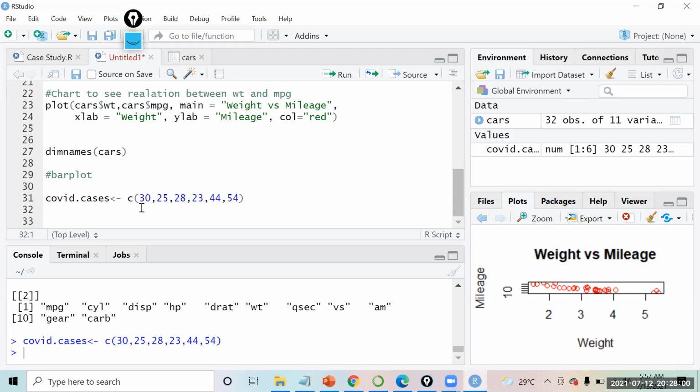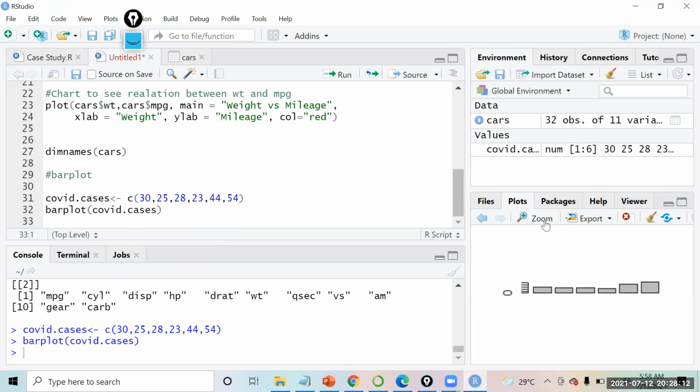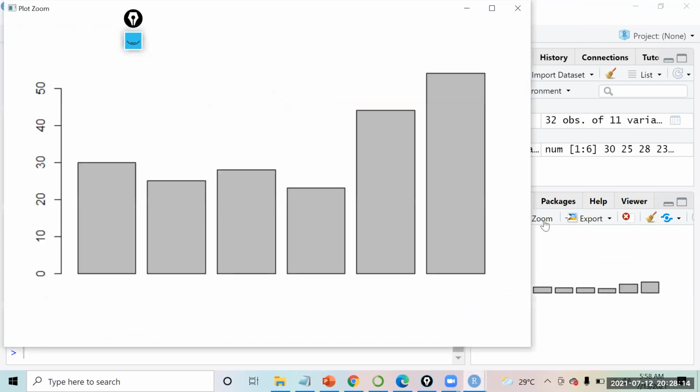I have a barplot function that I can use. I will say barplot, COVID.cases, and a chart will be created.